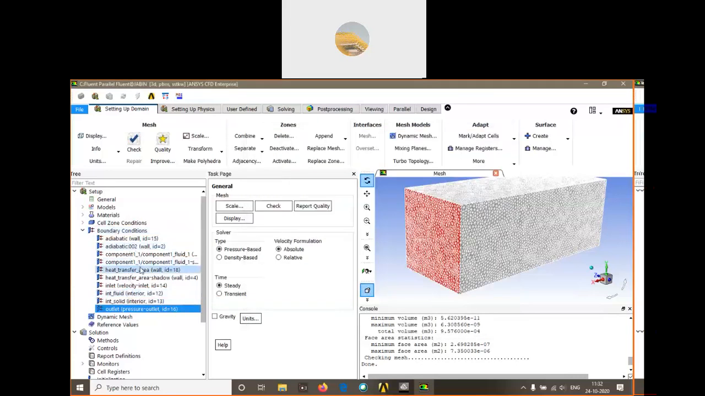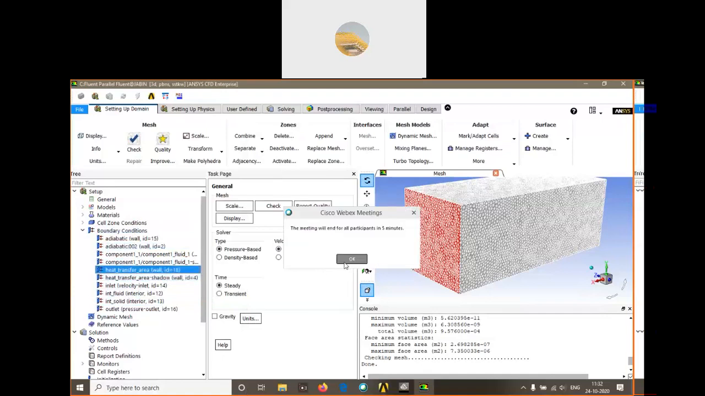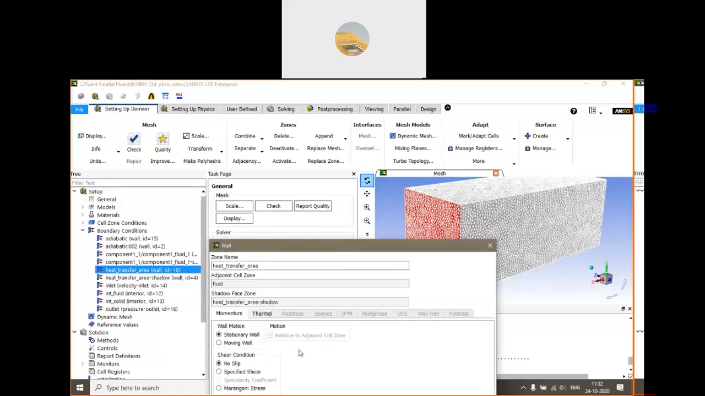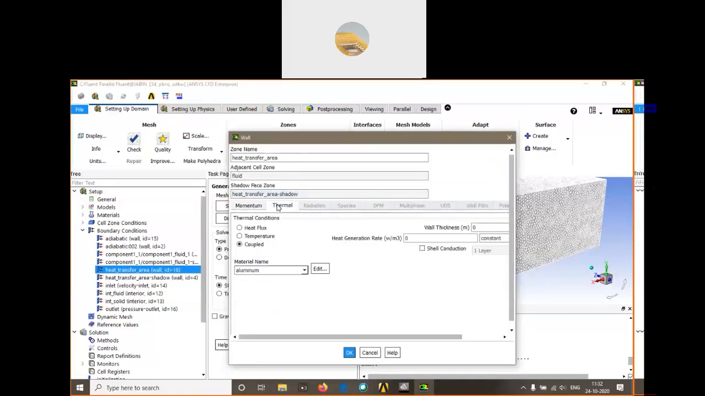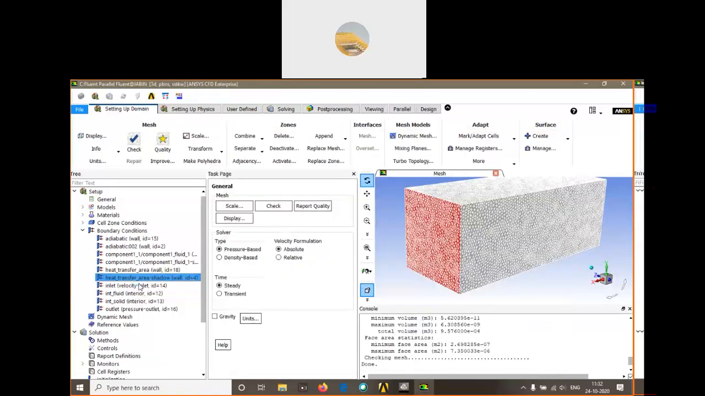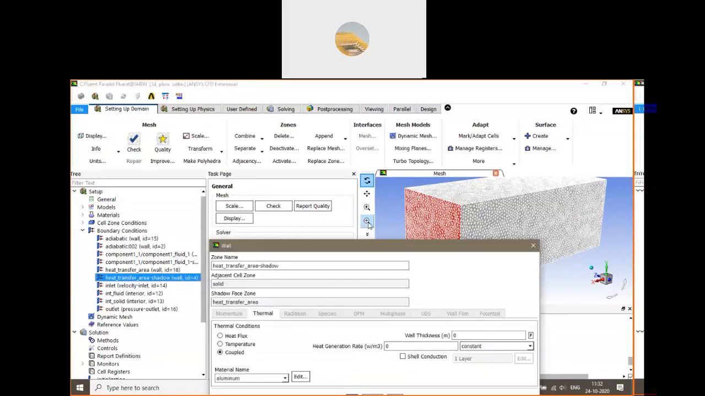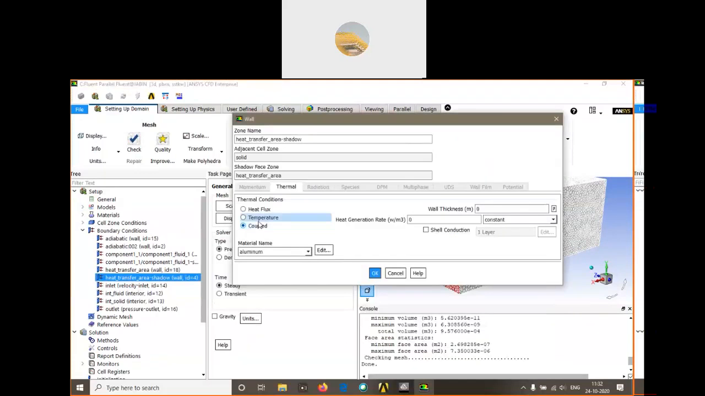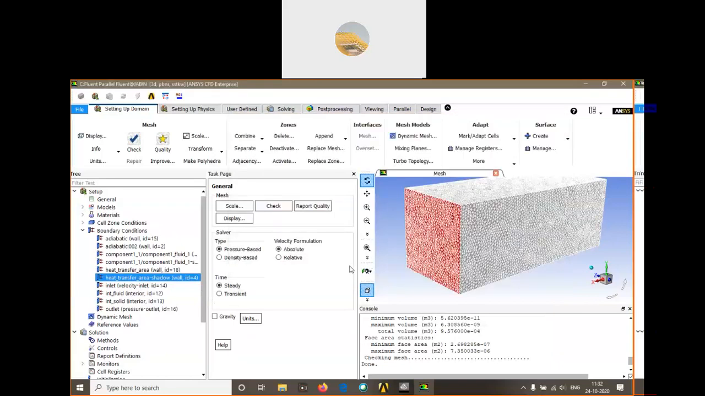Now the heat transfer area, guys, the very important thing which you do here is give concentration to the heat transfer area. It should be coupled. Okay, it should be coupled. Thermal, see, it should be coupled. Only if it is coupled, heat transfer will take place. Okay, if it is not coupled, heat transfer will not take place. So just make sure that it is coupled. Now they have given inlet 2.5 meters per second, outlet pressure outlet which is exposed to atmosphere, and the walls